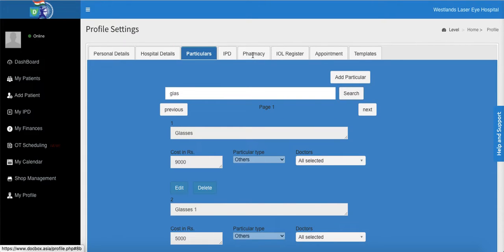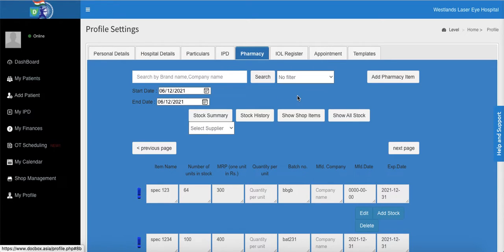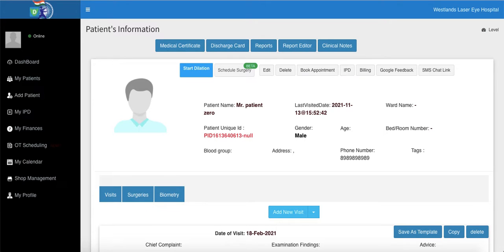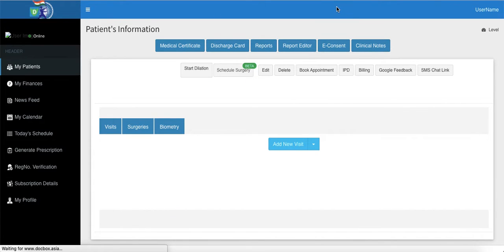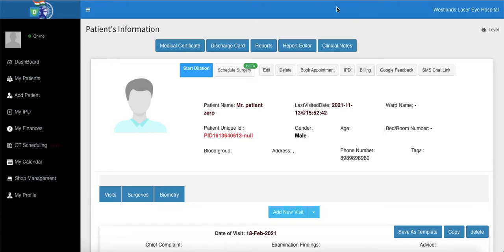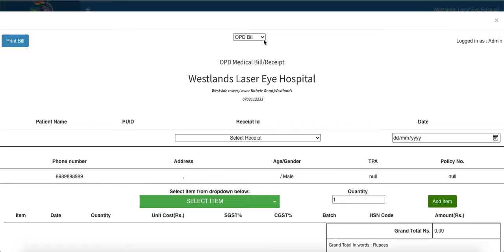If you create shop items, it will be shown in the shop bill. If you create pharmacy items, it will be shown in the pharmacy bill. Let me just show you. Let us come back to this page. We will go to billing. At the top over here, you can see the type of bill, either OPD bill, IPD bill, pharmacy bill, shop bill, then estimate, OT inventory, something else,